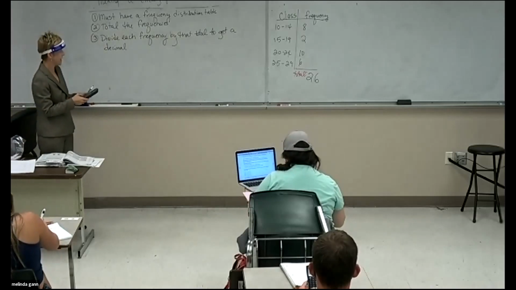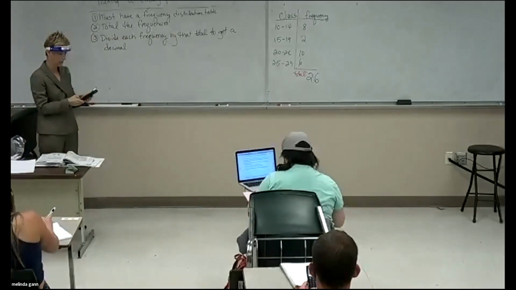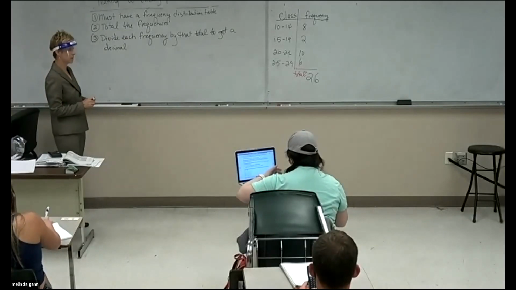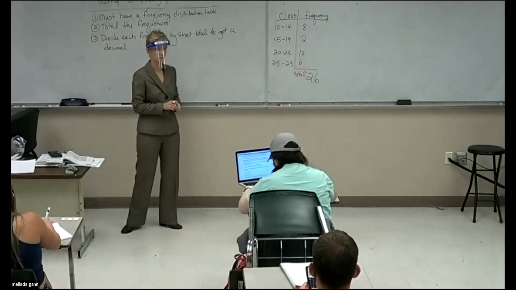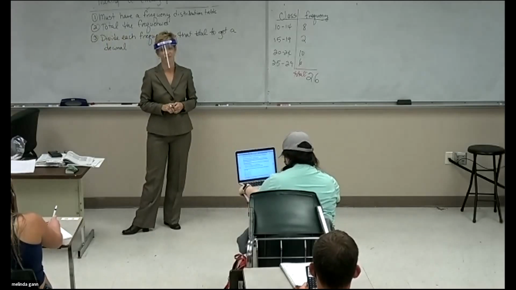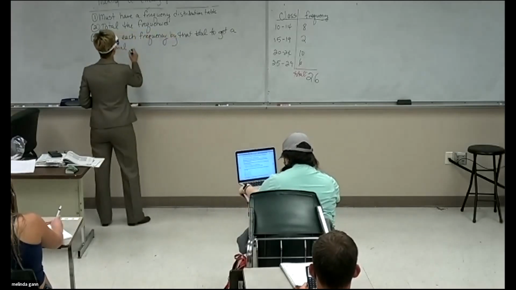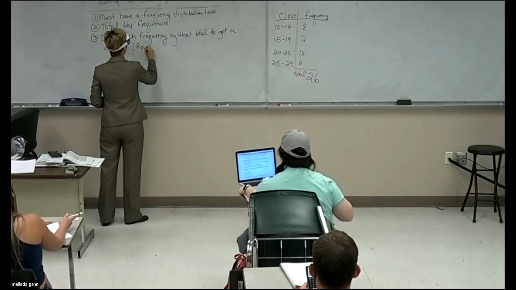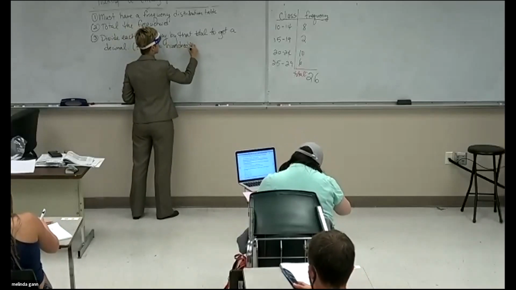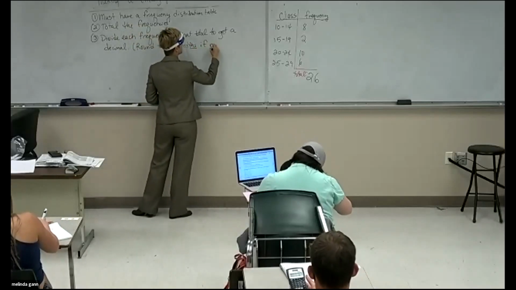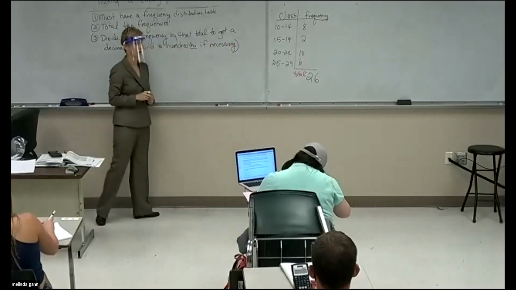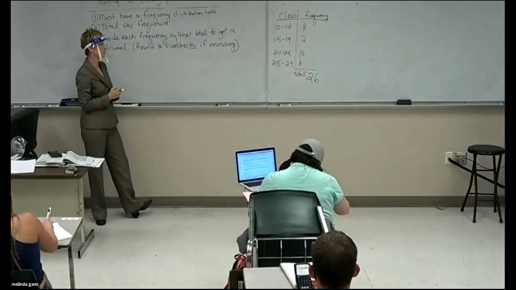So what am I about to divide over there? 8 divided by what? 26, right? Now, look, do that on your calculator. Do 8 divided by 26. Does that come out all pretty? No. So what we're going to do is, I'm going to put here, round to the hundredths, if necessary. And you'll see why I'm doing that in a second. All right. Round to the hundredths, if necessary.